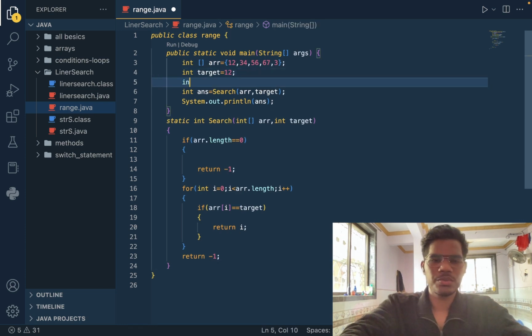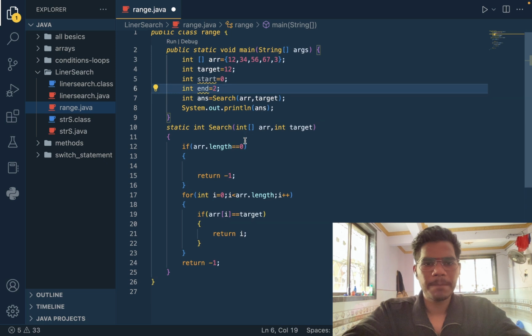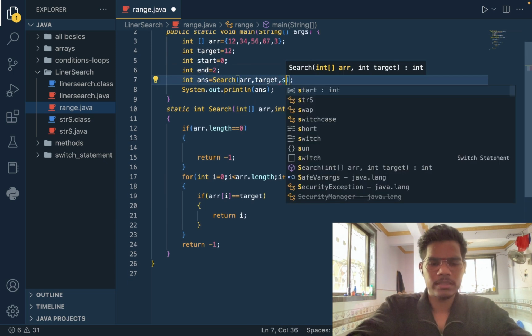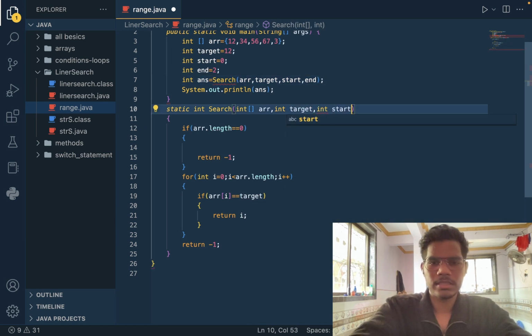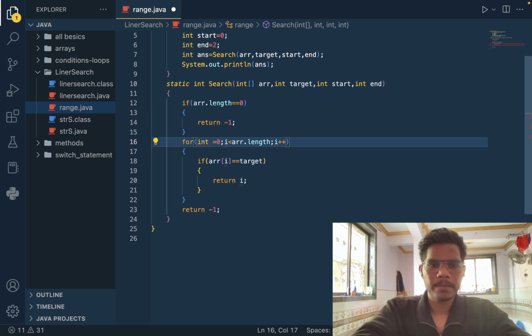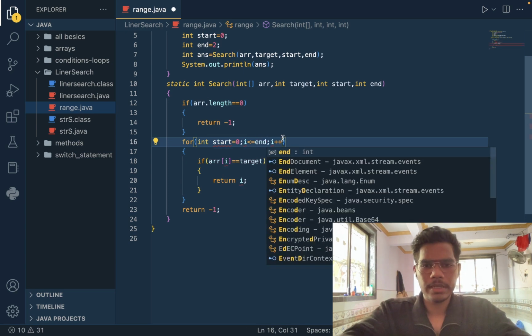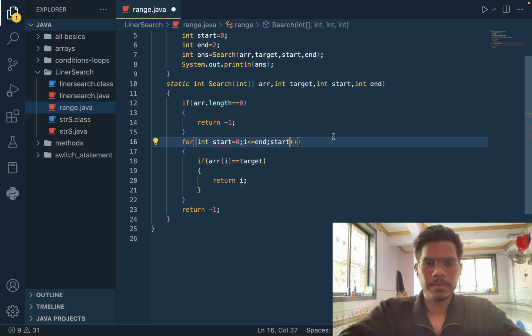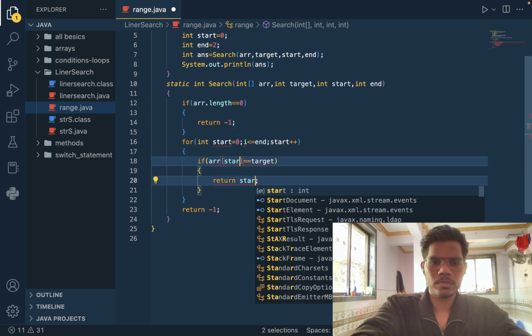तो मुझे क्या करना पड़ेगा, 0 से 2, तो मुझे स्टार्ट देना पड़ेगा, स्टार्ट इज इक्वल टू 0, और इंटीजर एंड इज इक्वल टू 2 तक ढूंढना है मुझे। ठीक है, सर्च में पास करते करते स्टार्ट और एंड भी पास करूँगा। ऑब्वियसली मुझे इसमें भी चेंज करना पड़ेगा, लाइक इंटीजर स्टार्ट एंड इंटीजर एंड, और लेंथ 0 होगा तो -1 रिटर्न करेंगे। स्टार्ट और कब तक होगा, लेस देन इक्वल टू एंड तक होगा, और स्टार्ट प्लस प्लस।